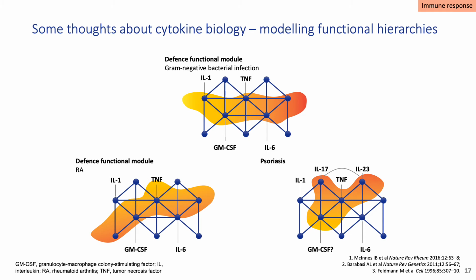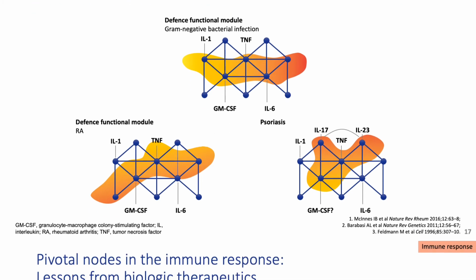If you look at the bottom left-hand side, what are the cytokines that you've got to have to mediate rheumatoid arthritis? Well, you need TNF, you need IL-6 and you need GM-CSF. You don't actually need IL-1, even though IL-1 is there. It's just not utterly critical. On the bottom right-hand side, we're now showing the same model for psoriasis, but it turns out you still need TNF, but you don't need IL-6 or IL-1. You do need, however, IL-17. And that's the way we start to think about functional pathways.